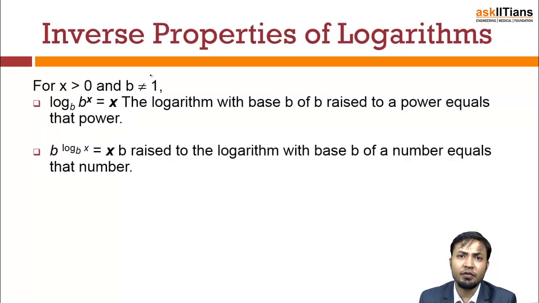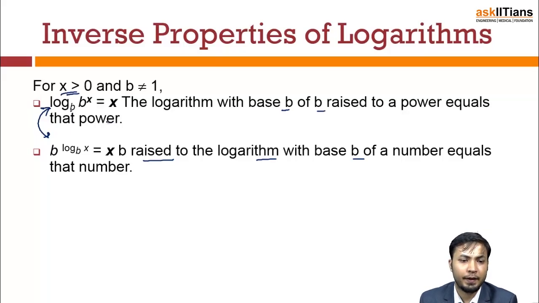Now the inverse form of all these properties can be represented like this. If I have log base b of b to the power x, it is equal to x always. Why? Because the logarithm with base b of b raised to a power gives that power. Similarly, b to the power log base b of x is equal to x, because it is just the rearrangement of these two forms: b raised to the logarithm of base b of a number equals that number. These are the important inverse properties that you need to know while solving questions